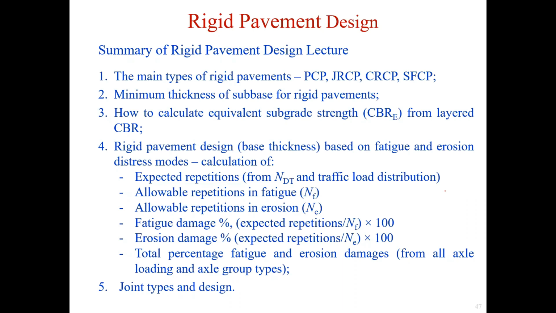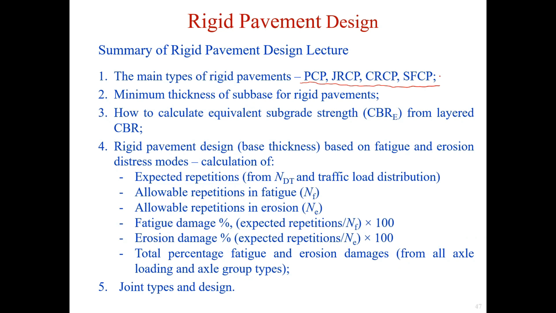A summary of rigid pavement design. We have learned the main types of rigid pavements: the PCP, JRCP, CRCP, and SFCP. The methods to determine the minimum thickness of rigid pavement subbase, the calculation of equivalent subgrade strength CBRE from layered CBR,